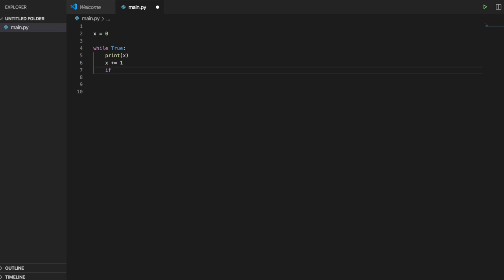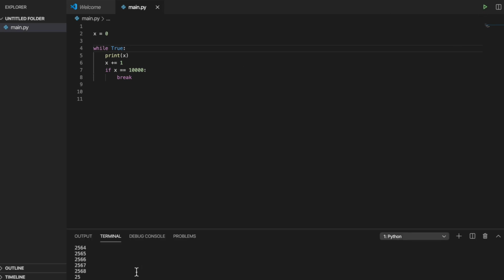What we're saying is if the value of x is equal to 10,000, then, remember colon means then in Python, whatever is inside of this if will run. So we want to do break. What break does is it stops the while true loop completely. So now you'll see when it gets to